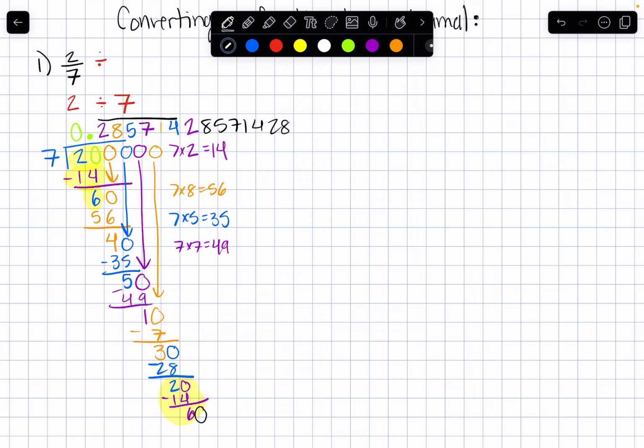So it would be like 285,714, 285,714, right? Part of the reason I use this as an example is because it's written as a fraction, so we already know it's going to be rational. So we know that at some point it's either just going to end or repeat. So now that we saw that 2 again in our answers up here, we know that that's when it starts to repeat. So we can now say that 2/7 written as a decimal is equal to that